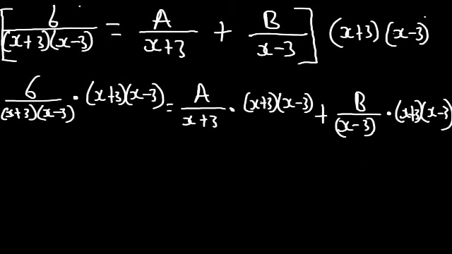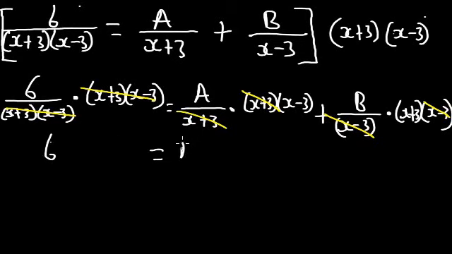Now we can clearly see that sometimes we cancel out. Like for this, x minus 3 cancels out. This cancels out. And for this, x plus 3 cancels out. And for this, the whole terms get rid of one another. So left over is 6